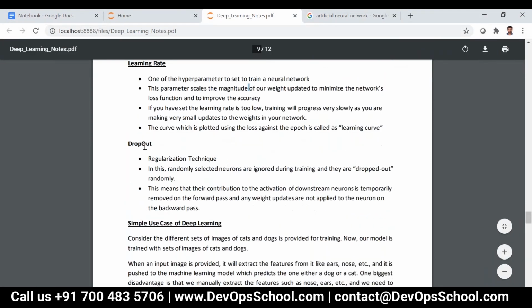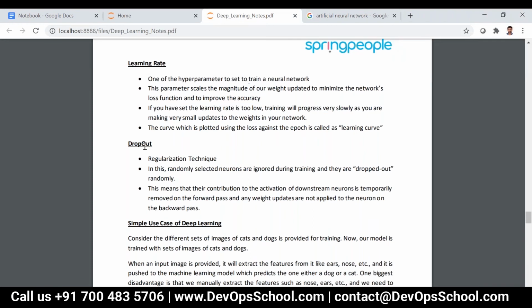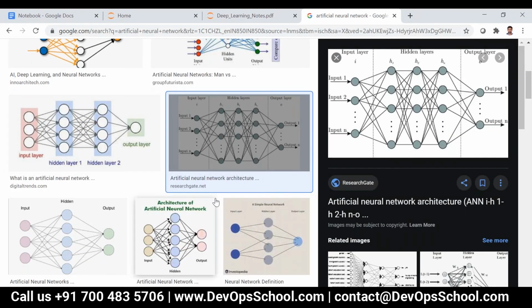And there is something called dropout, which is a regularization technique. Here we have some n number of nodes, you can see the triple dot over here. In each and every iteration, some nodes will be dropped randomly in order to speed up the process and improve the accuracy. It is not like you can decide which ones.